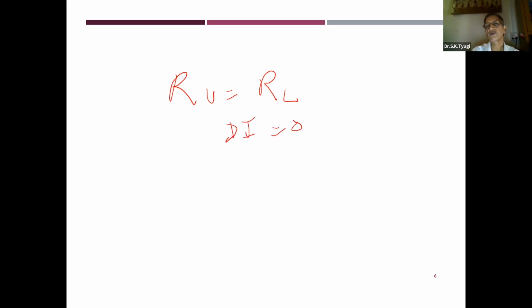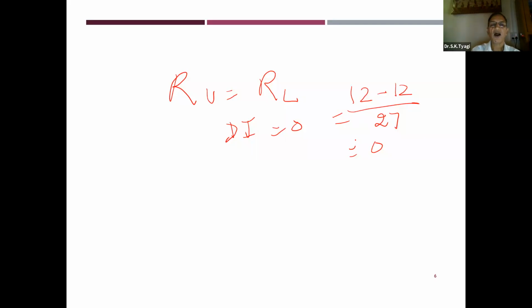So it is not able to discriminate at all. Suppose in this particular situation, 12 students in the upper group answer the item correctly, and 12 students in the lower group answer correctly. So 12 minus 12 divided by 27 is 0. So this item does not discriminate at all.